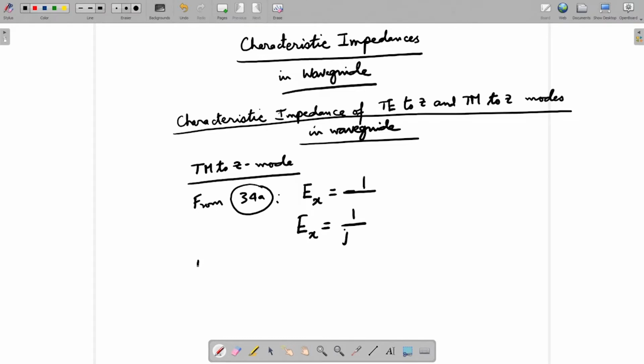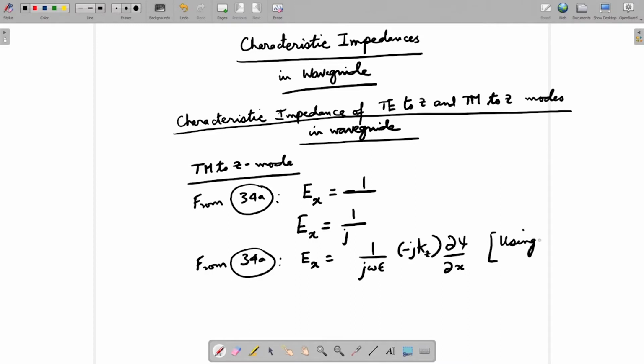So, particularly from equation 34a, we can find out the electric field component E x, and that is given by 1 by j omega epsilon, minus j k z, del psi del x, and that is